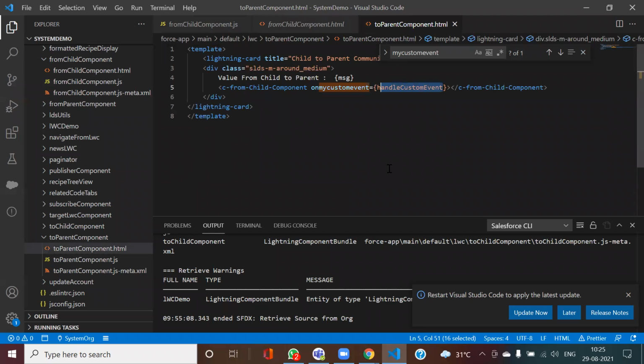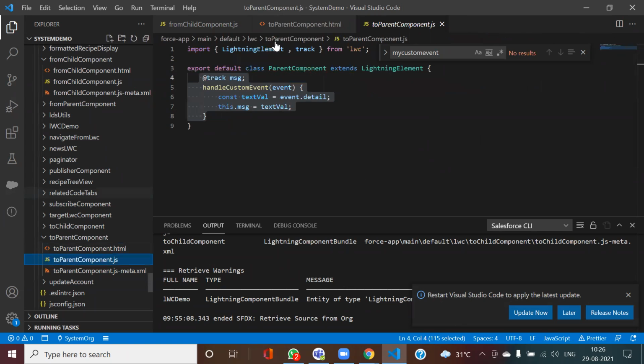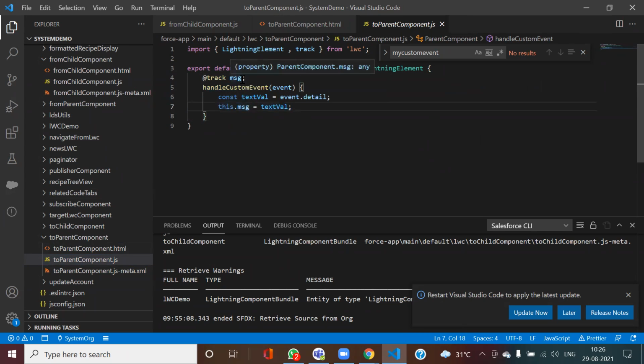Now for the parent to get this data, whenever this event got fired, what should happen? This event got fired from the child. Now when this event got fired, what should happen at the parent? The parent should call this method. In case I go into this method, I have this variable message.